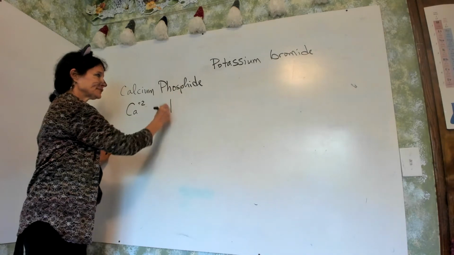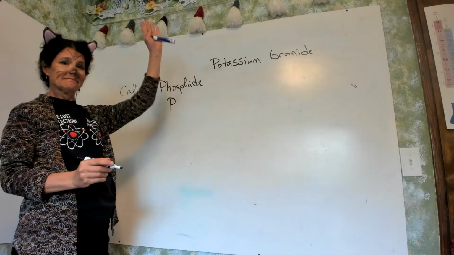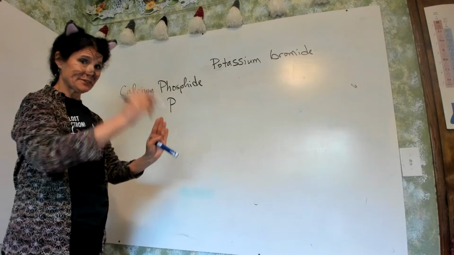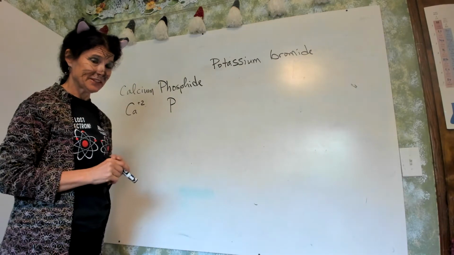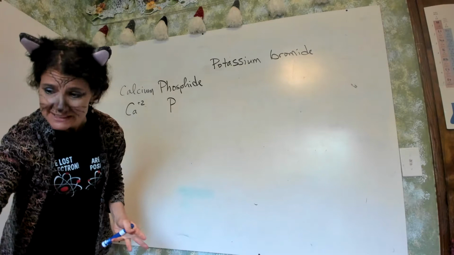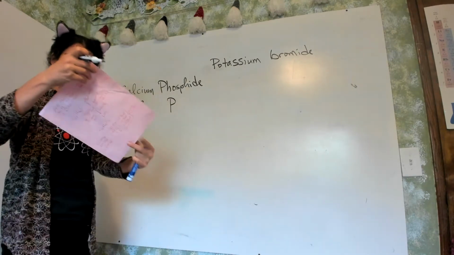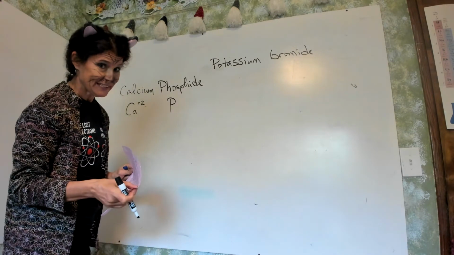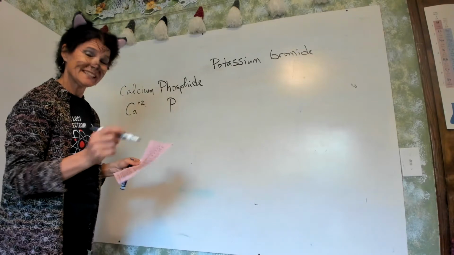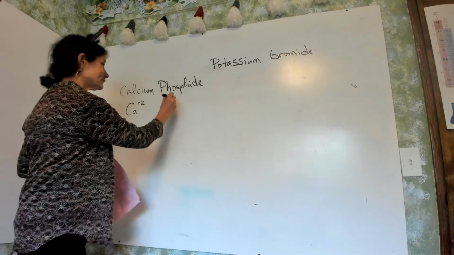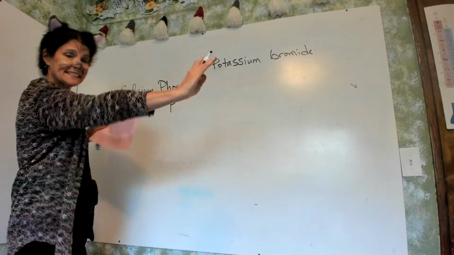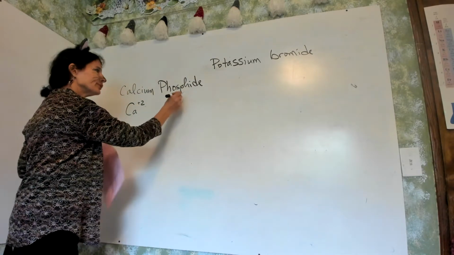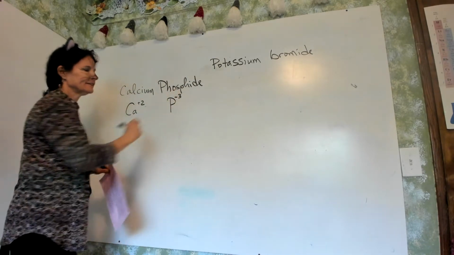Again, this is phosphorus. Phosphorus needs 3 electrons to become like a noble gas. So phosphorus, you can think of it as at number 15, and it wants to be like number 18. So the difference between 18 and 15 is 3. This side is negative. So 3 negative or -3.